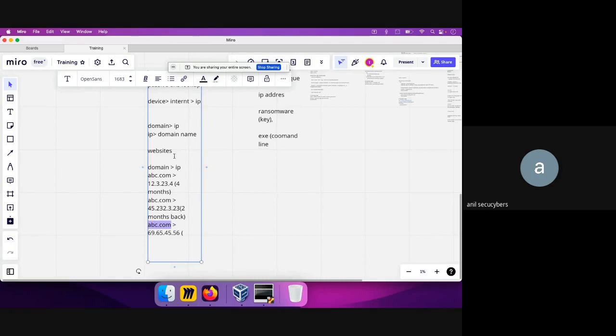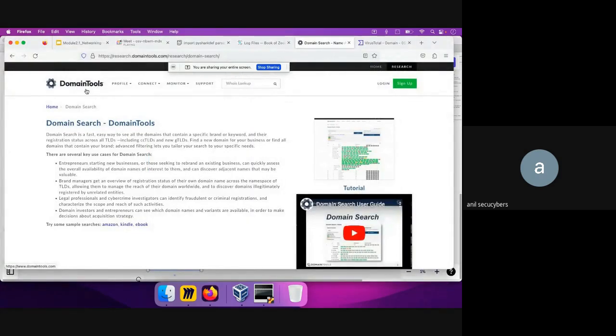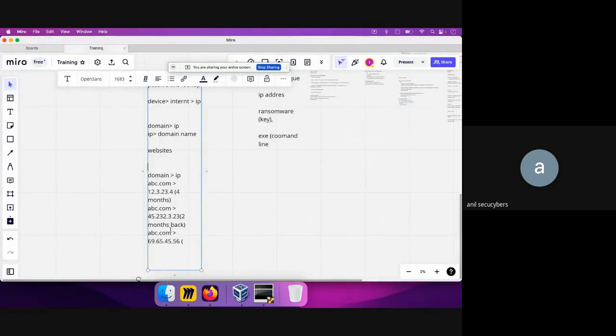That's where there are different kinds of websites, and one example is domaintools.com. What they do is look at the DNS query every day and make a list out of that. So what you can do is, one of the things is